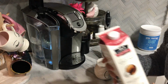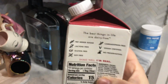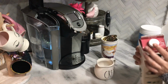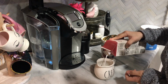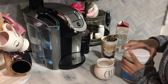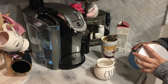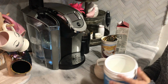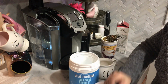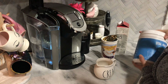After I'm almost done with my water, I start making my coffee, and I like to use this So Delicious dairy-free creamer. I like it because it doesn't have a lot of bad ingredients and very few calories. So I just pour about 2 tablespoons of the creamer in a creamer container, and I also like to add Vital Proteins collagen peptides. They are super good for your digestion. It's full of protein and it's great for nails, hair, and skin. I usually just add 1 to 2 scoops of these into the creamer,